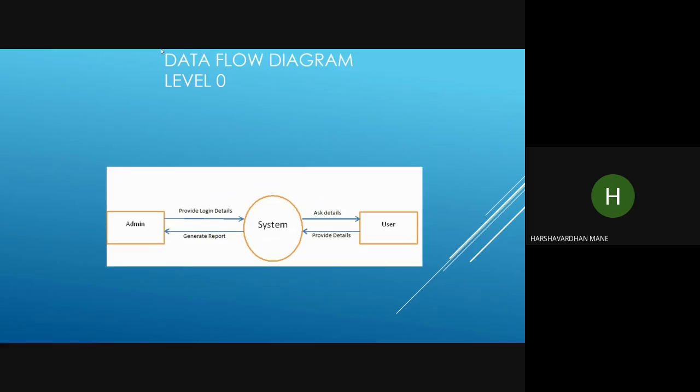here is a data flow diagram. Data flow diagram for a parking system. A data flow diagram is often used as a preliminary step to create an overview of a parking system without going into great detail, which can later be elaborated.